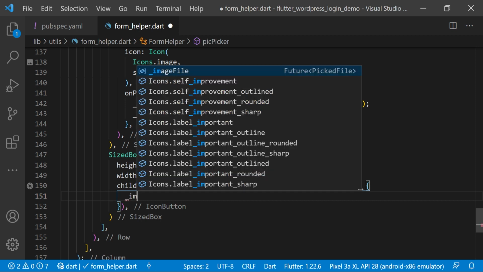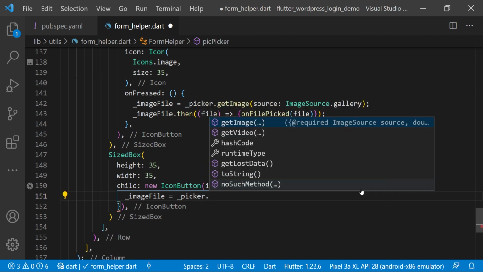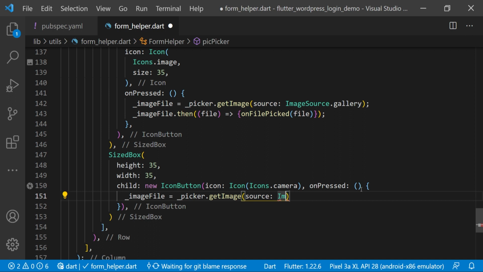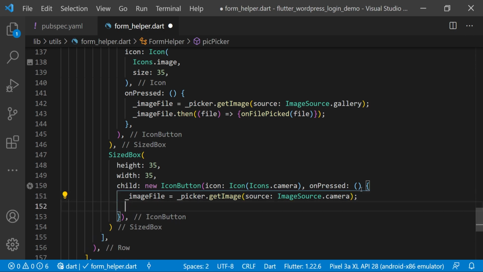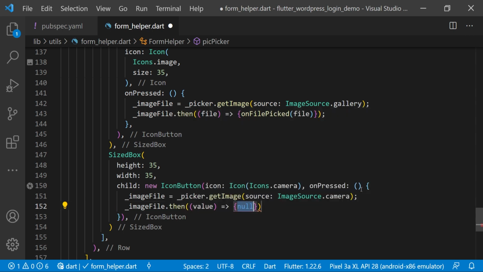and here also we will put imageFile equal to _picker.getImage, and here the source we are using is ImageSource.camera. So in the same way we can also use video, but in this video we are covering only image select from the gallery and from the camera. Then we have the imageFile, and here we will have onFilePick, and here we will pass the file, and we will rename it to file,